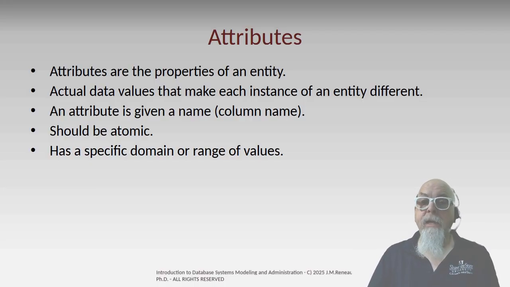An attribute is usually given a name, and we'll sometimes call that a column name if we're talking about a specific database. An attribute should also be atomic. And when I say atomic, an attribute should be a single value. For instance, a person's name could be a single value, but do we want to split last name, first name, middle name, surname or honorific that goes before or other designations that go after a name into different columns,